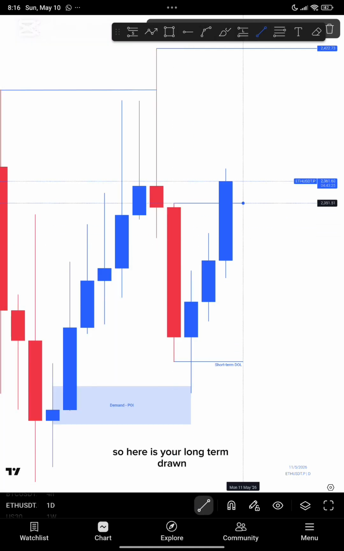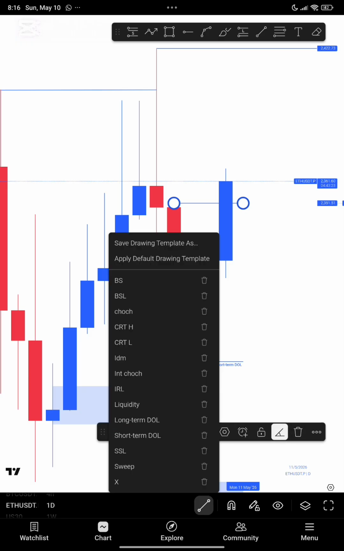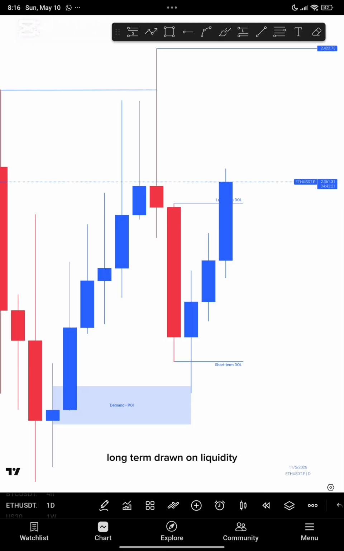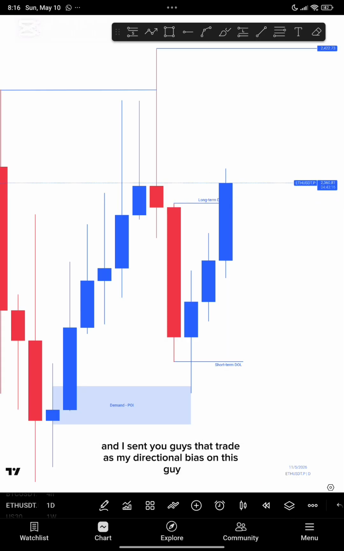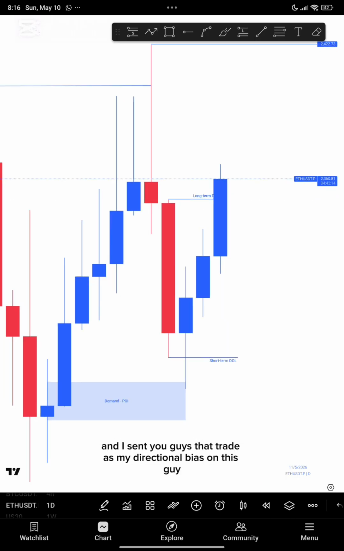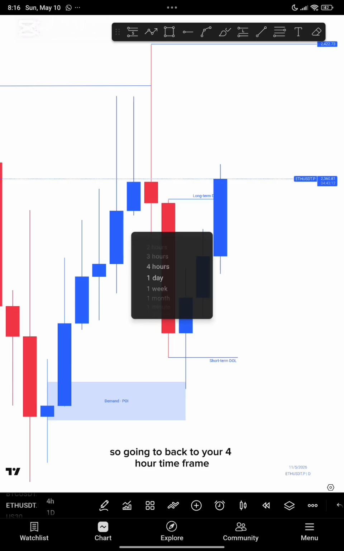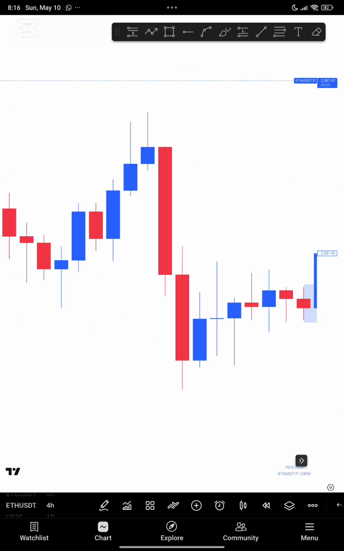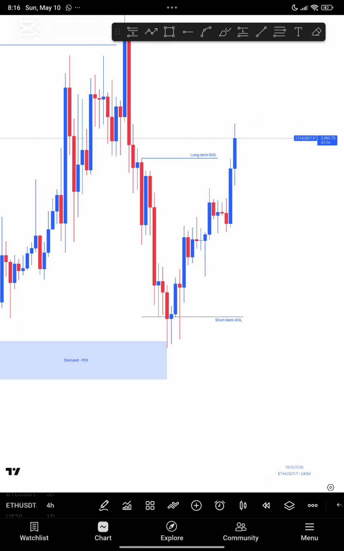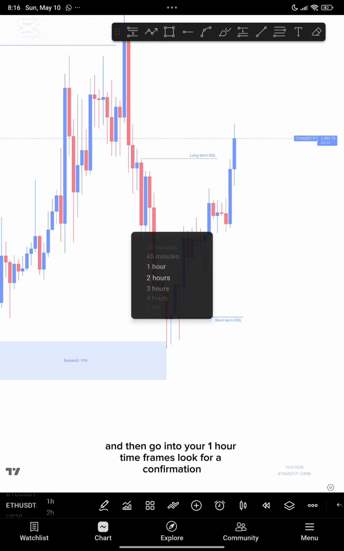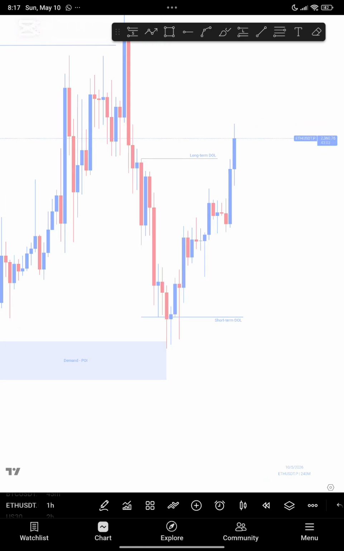So here is your long-term draw on liquidity, and I sent you guys that trade as my directional buys on this guy. So going back to your 4-hour time frame, price tapped into this key level, and then going to your 1-hour time frame to look for a confirmation of that key level. Since price actually closed and rejected inside our zone,